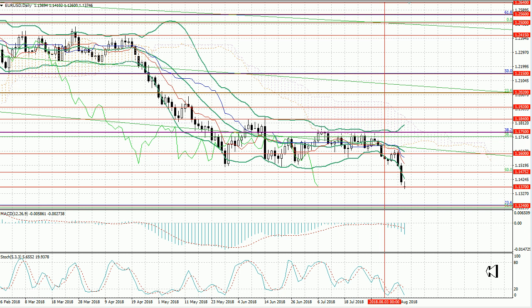We are glad to present our weekly analytical review for major currency pairs. Last week, the euro-dollar pair dropped to the level of 1.1370 and is still trading there. If this level is broken down, the price may fall to the level of 1.1240, which coincides with the Fibonacci